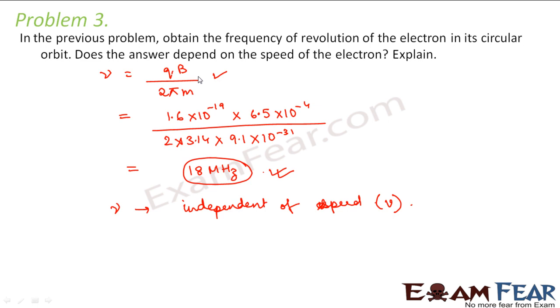And this forms the basis of your cyclotron, right? Because the frequency of revolution does not depend upon what is the energy of the electron, right? So even though the speed of the electron still remains the same, since the radius keeps increasing, the particle gets accelerated again and again, and as a result its energy keeps increasing, even though the frequency of revolution doesn't have an effect because of that.